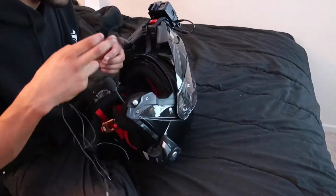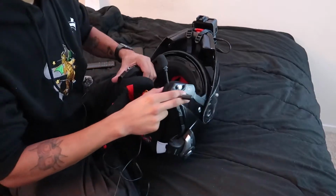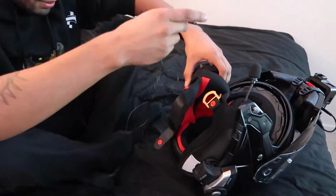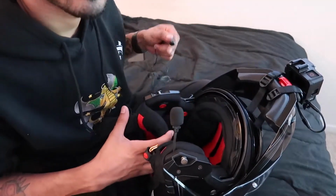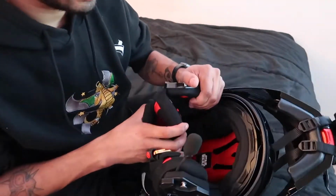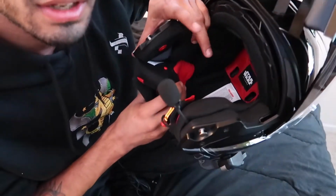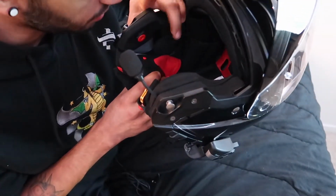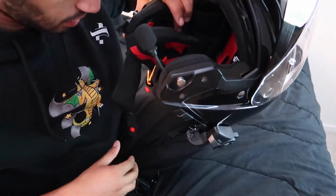And your other mic, this is the one that's important. Your other mic, you want, let me scoot closer. You want it to be literally like right on your speaker. Well, not right on it, but like my speaker is, I don't know if you can even see it, like right here where my finger's at. It's kind of dark in there. My speaker is right here, right under this button. You see this red button? My speaker's right here. So what I'm gonna do